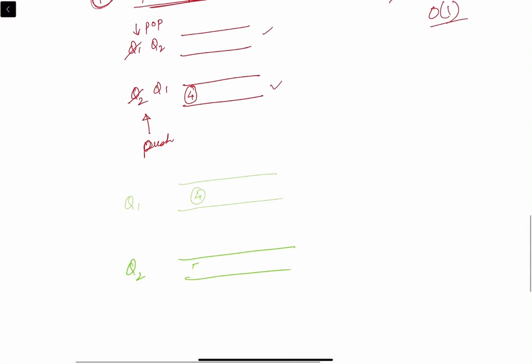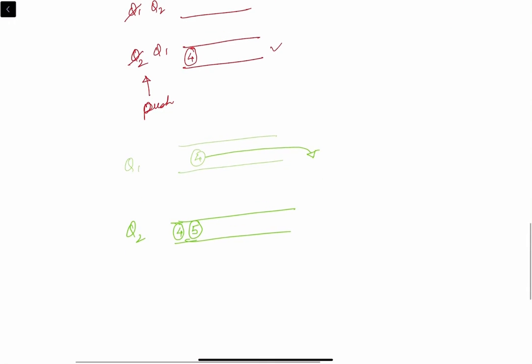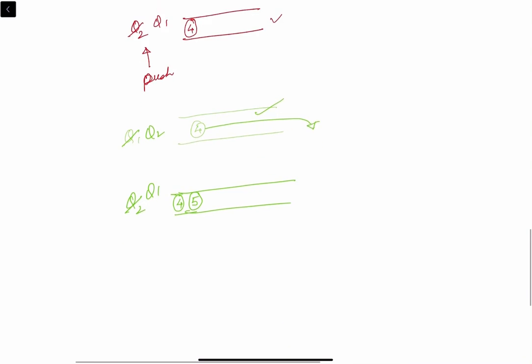We'll push here in Q2. Remember what the rule was? We'll DQ everything from Q1 and enter it here. So when we DQ this 4, we push it in here, meaning NQ. Similarly, once it completes, this is now empty, this becomes Q2 and this becomes Q1.